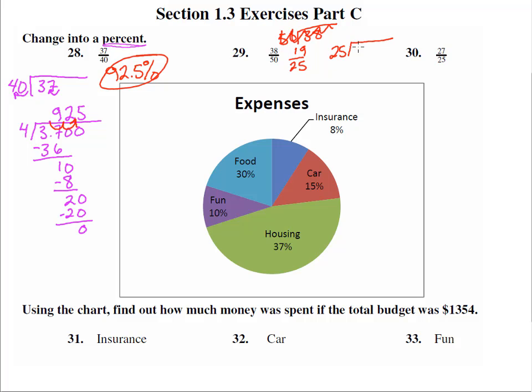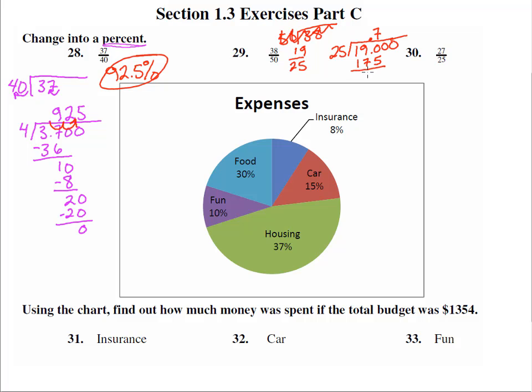25 divided into 19. Let's put a couple of zeros out here. 25 goes into 19. It doesn't. So we're going to put that decimal up there. 25 goes into 190. How many times? Well, let me see. This is 25 cents. 4 would make 100. 8 would make 200. So it goes in 7 times. 7 times 25 is